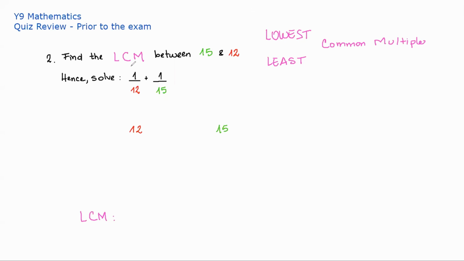The next question involves finding the lowest or least common multiple. L stands for lowest or least. That's what I wrote there. Here, lowest and least, so you could find it both ways. Common multiple. So between 12 and 15, what I'm going to do first is to find all the numbers that